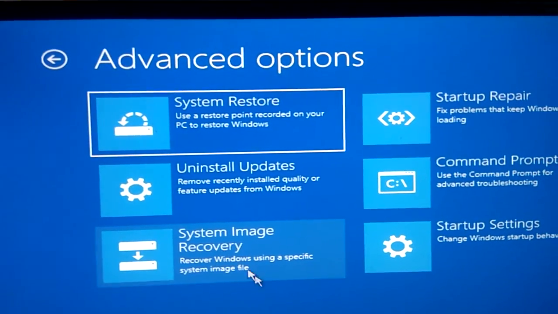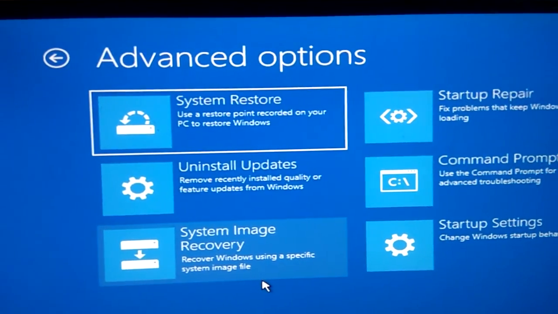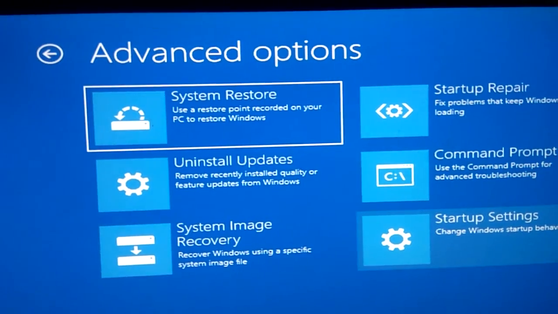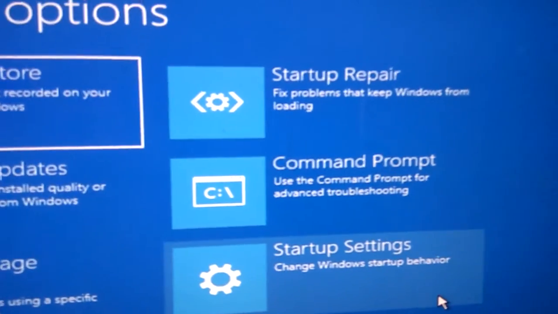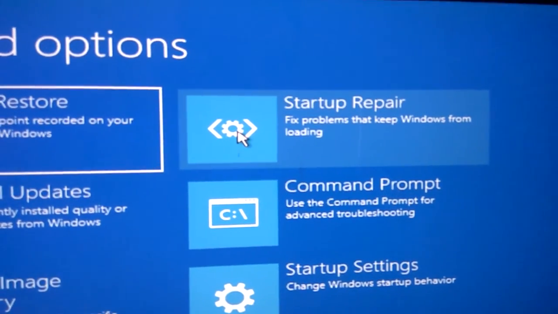Then system image recovery, that is, recover Windows using a specific system image file. And startup settings, that is, change Windows startup behavior. And if we choose the startup repair, then it can fix problems that keep Windows from